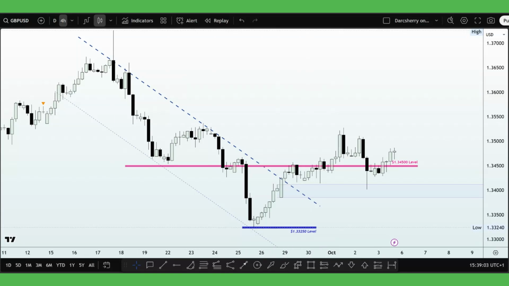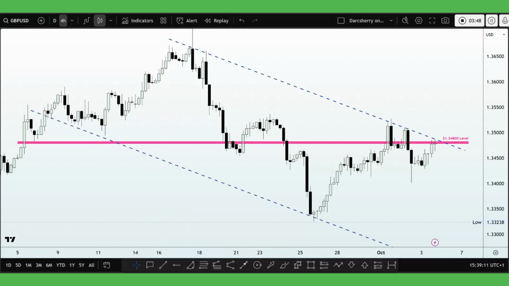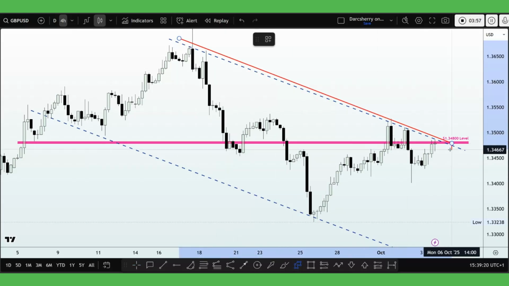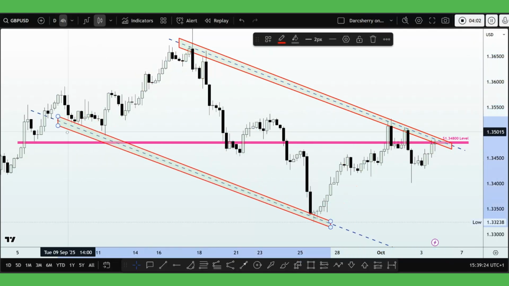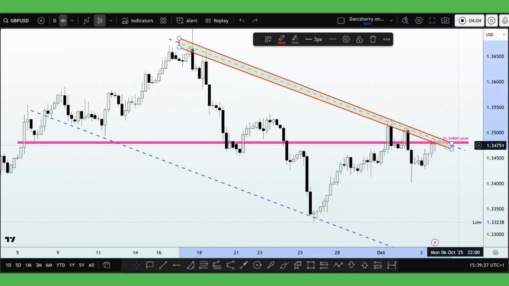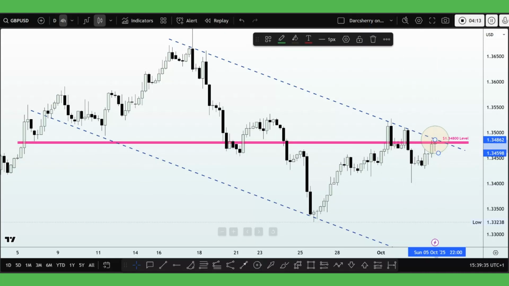Going into next week, I have a new structure to help me navigate this market. What I did here was to take into account the character of price action since early September. And of course, you can see price is within a descending channel. We have the resistance line of the descending channel right here, and the support line of the descending channel exactly here. One interesting thing about the structure is how price action closed exactly at the resistance line of the